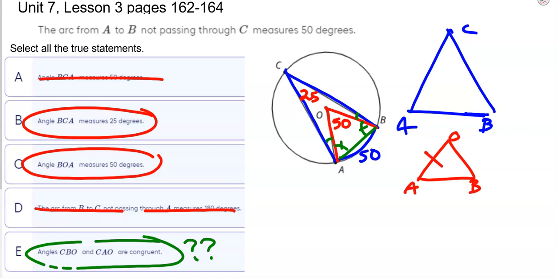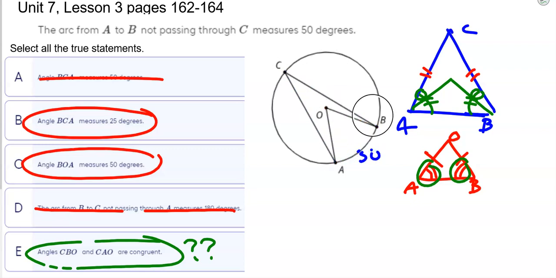The small triangle is definitely isosceles because you have two radii, which means these two angles here are congruent, and I've marked here in green, the tick mark. If this triangle here is also isosceles, then this angle here and this angle here would be congruent. And if I would stick this triangle inside of here like this, then what I'm left with is going to be equal angles. But if you look at the picture closely, you can see that this angle here is definitely